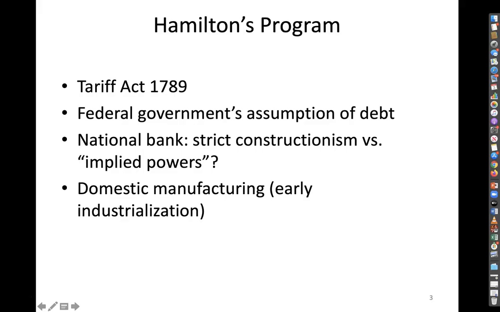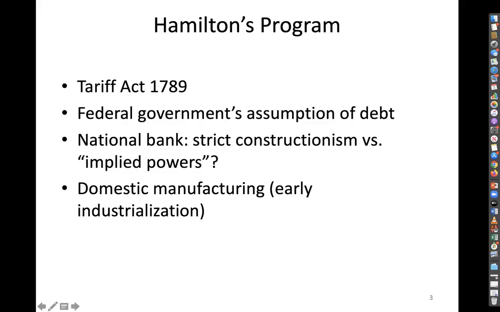In particular, Jefferson is going to be an ardent critic, a sharp critic of the measures that Hamilton comes up with, right? So Jefferson will say, okay, Mr. Hamilton, you can't create a national bank because nowhere is that power listed in the Constitution. And Hamilton is going to turn around and say, wait a minute, if you look at Article 1, Section 8, right, we noted this list of powers called the enumerated powers.